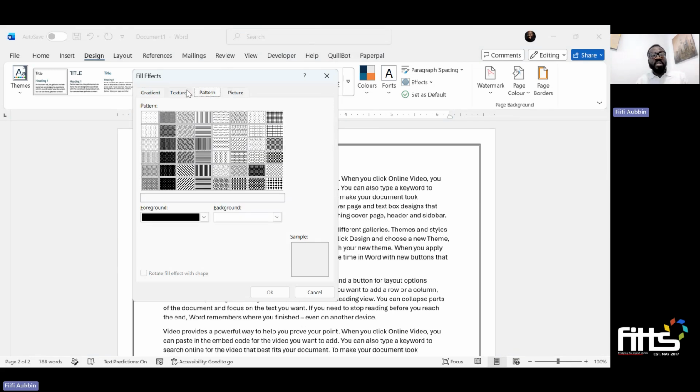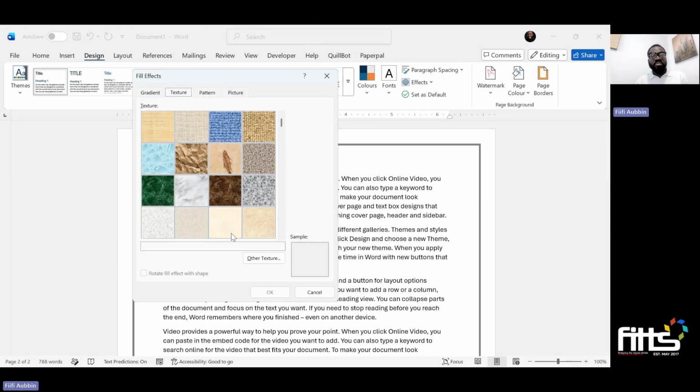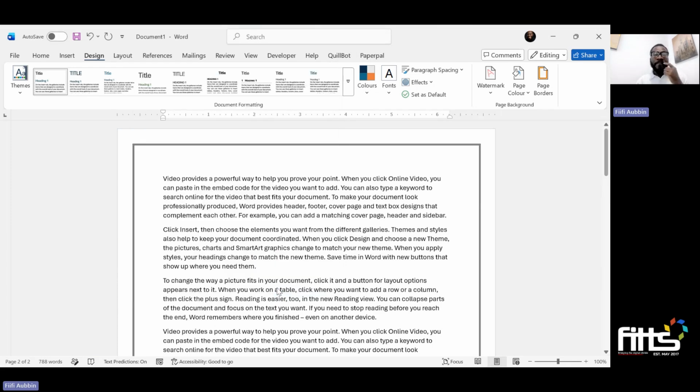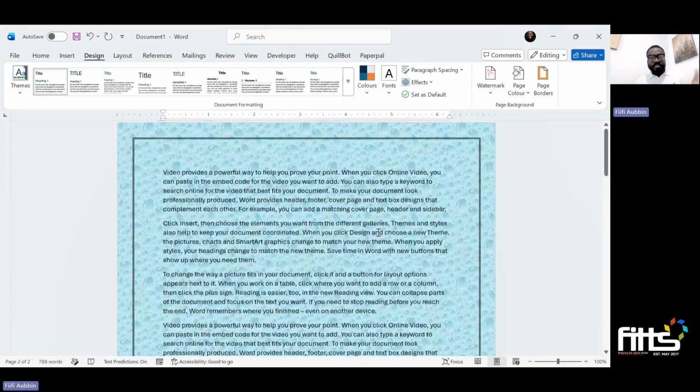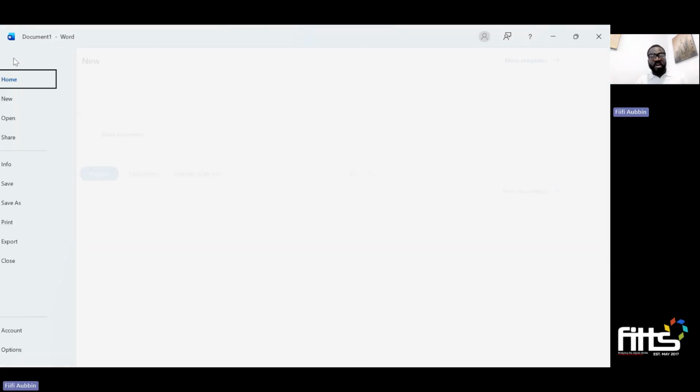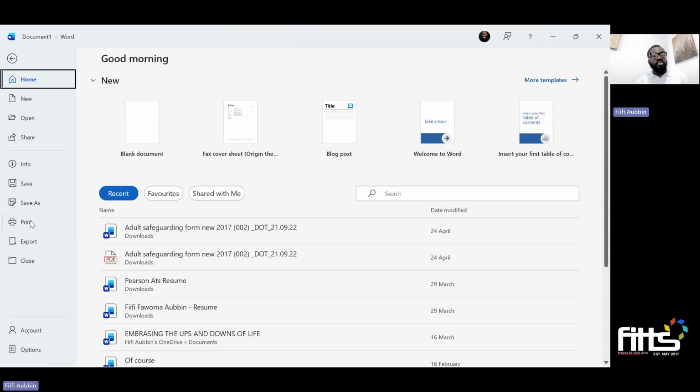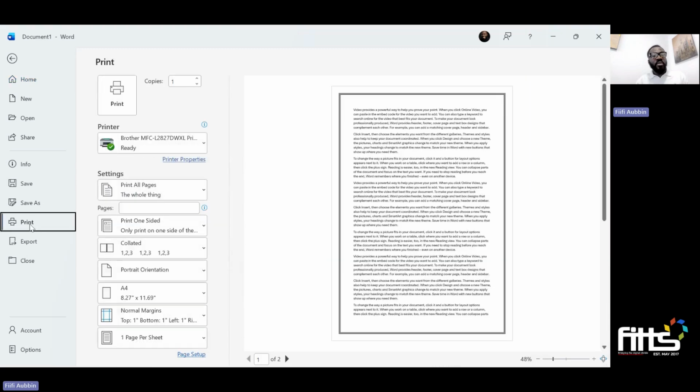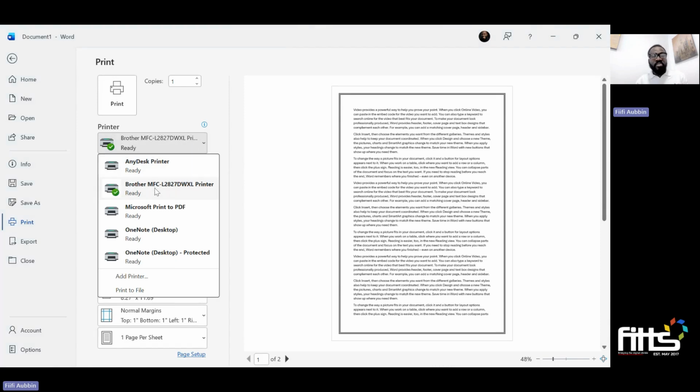Maybe I want to use a field effect. I want a pattern. No, let me go for a texture. So something like maybe this. So maybe water, bubbles. That's it. Neat. So if you want to print, you hit Control P or you go to File, then you come to Print. So once I click on print, you see my default printer here is the Brother MFC printer,